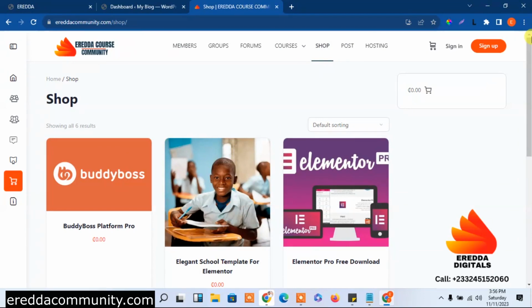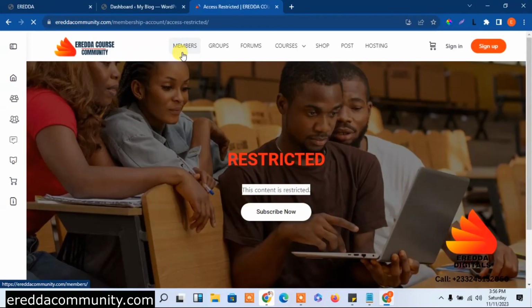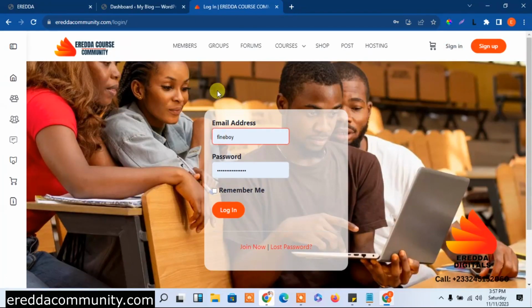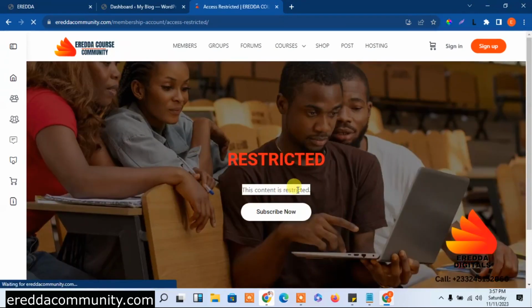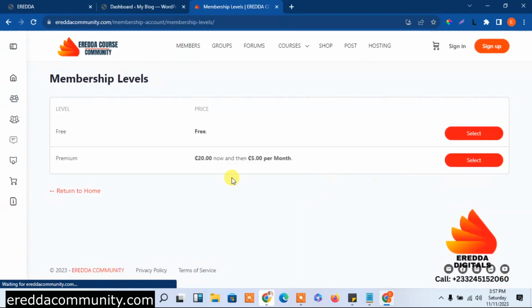I'm going to add more stuff here. If you're not a member here, then I would advise you to join. The platform is restricted, so you have to join and create an account. If you're already a member, just go straight to the login page and log in. But if you don't have an account, select subscribe now and select one of the packages here. If you go with the free one, you'll be able to post comments on the platform,